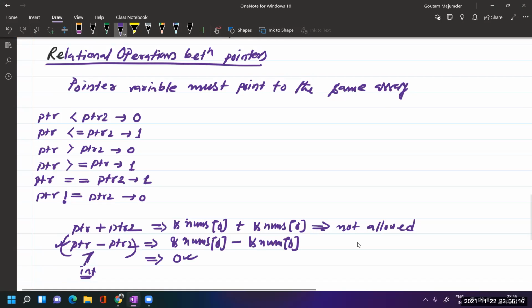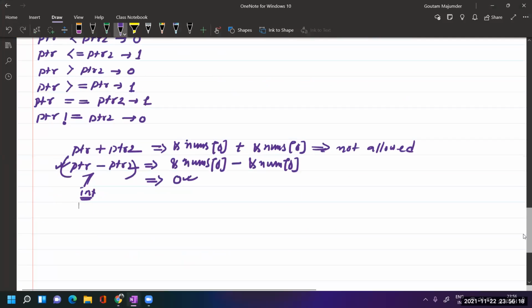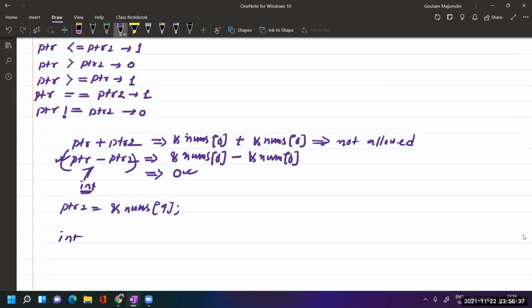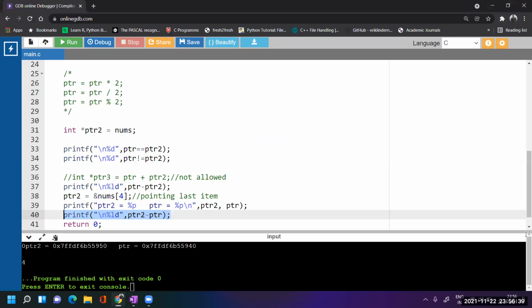Okay, so now what I have written is that PTR2 equal to address of last item, correct? Address of last item. How can it be done? So now I have written that integer, I'm using %d directly inside the printf.